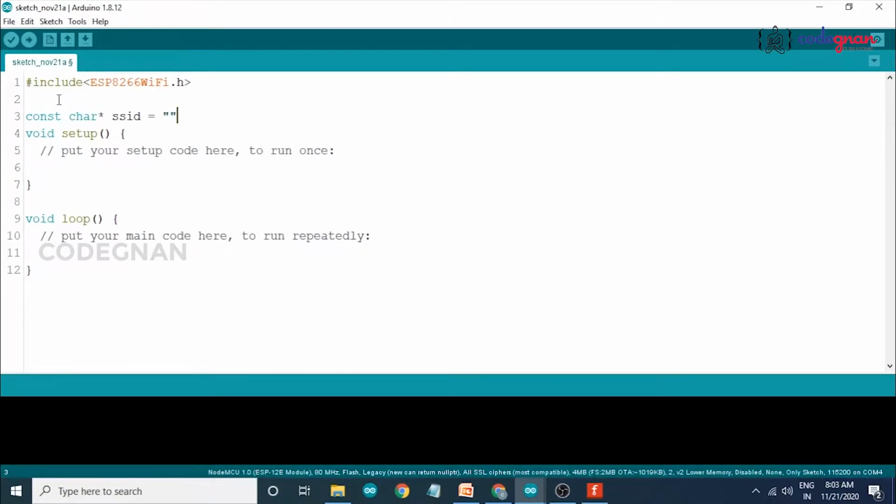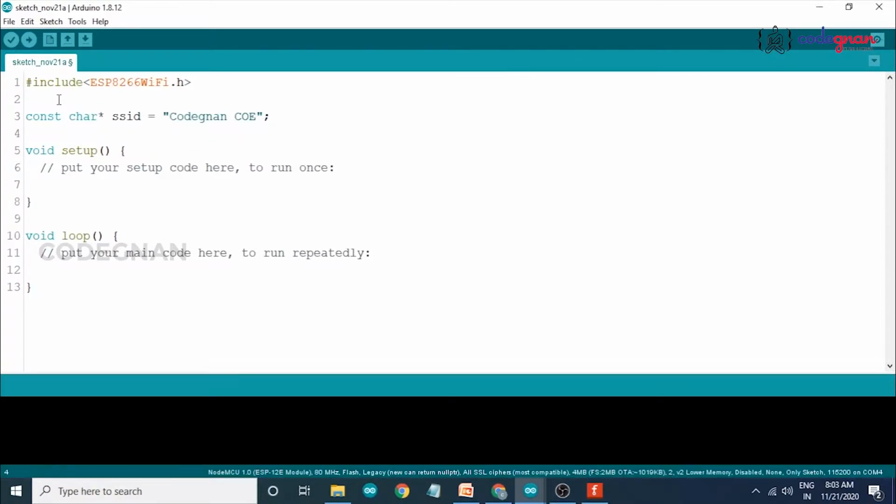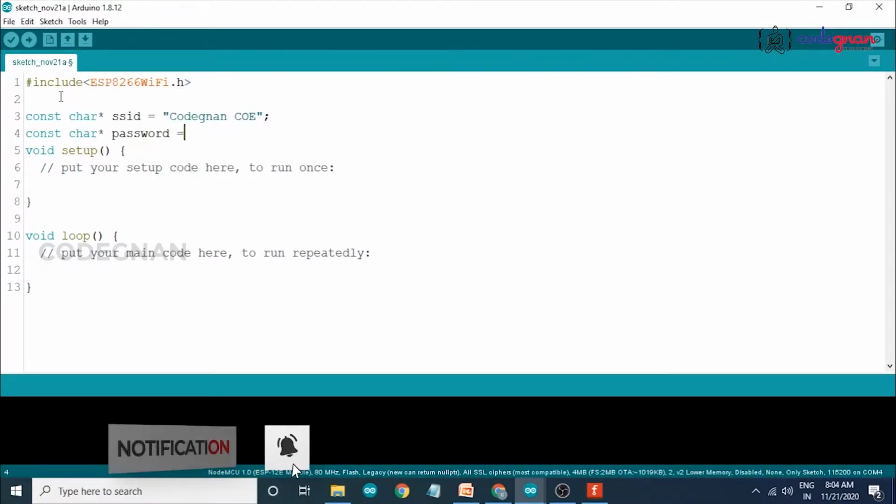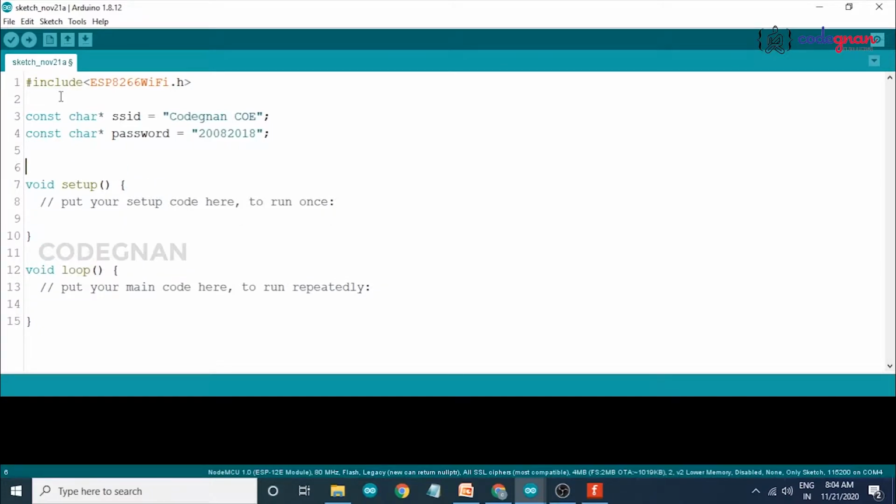I'm giving my Wi-Fi credentials, so my Wi-Fi name is Cognan COE, and also const char password equals, I'm giving my password 20082018.